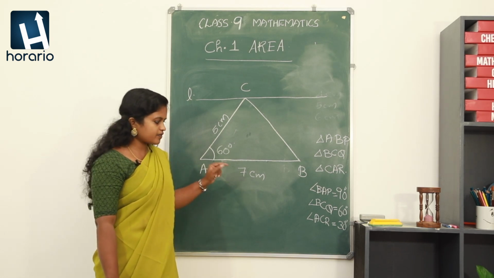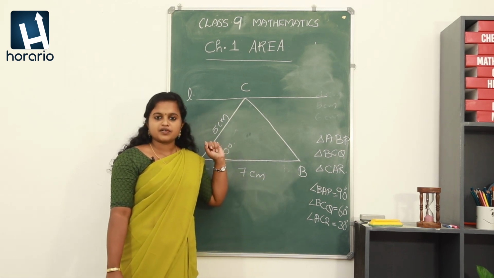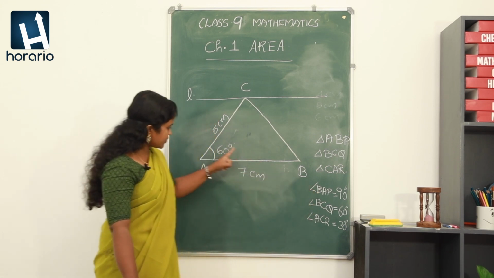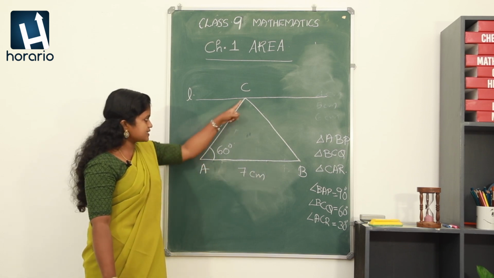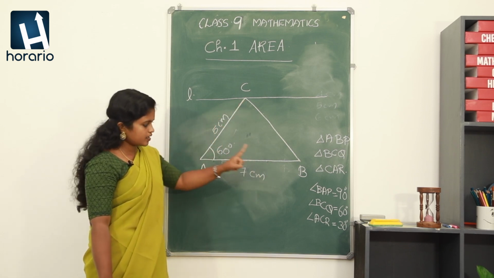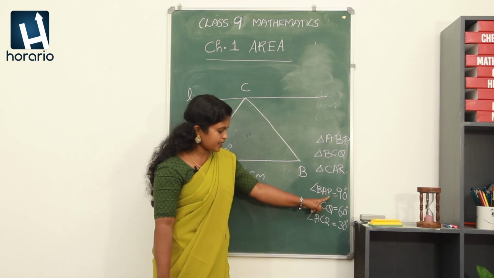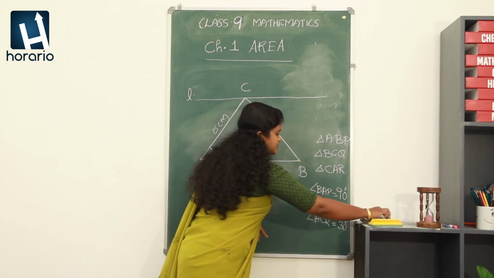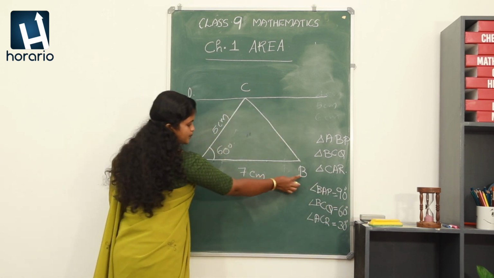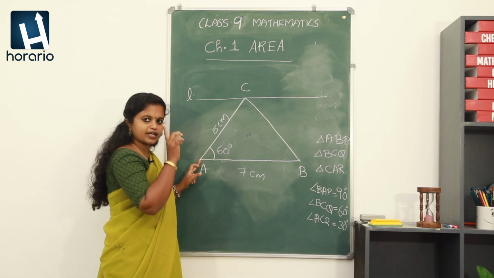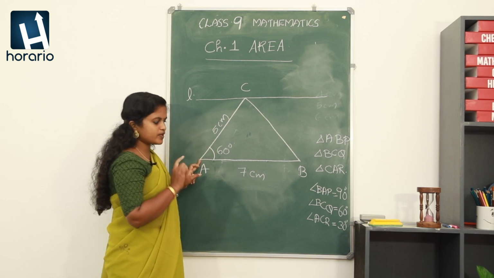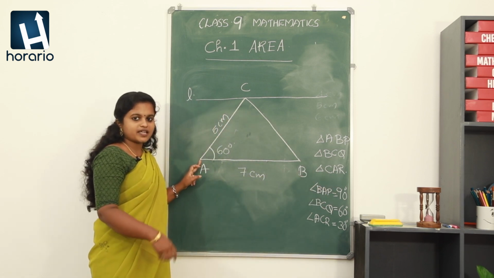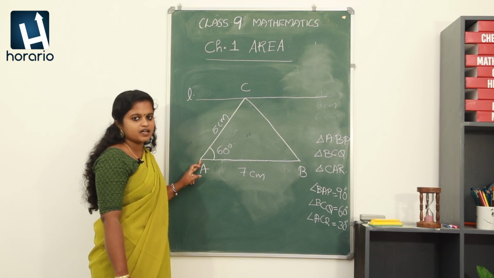Do you remember? There the question was to construct a right triangle with having the same area, right? Here also it is said that here we have given the angle BAC as 60 degree. Here we should get angle BAP equal to 90 degree. That means it should be a right triangle. Okay. So, what is this angle BAP? Let me start with BA. So, we have to find out the point P. Okay. So, how should it be? It should be making the angle BAP equal to 90 degree. So, it is the same as the previous problem. Just we have to make a right triangle, right?